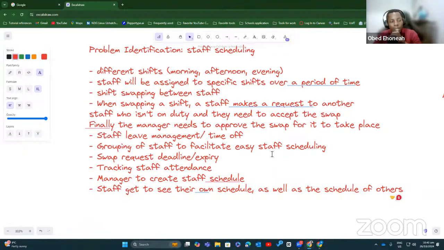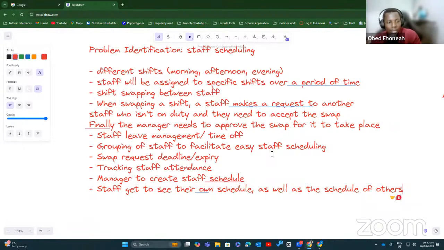Yeah, so I think that's also an additional feature that we can consider because there are times that people actually have discussions among themselves, and that's where my inspiration is coming from. Mostly when people want to swap, they talk to themselves, right? They don't even go and look at the schedule. Like, oh, I know you are for morning duties usually around this time, but next week I'll not be available for my shift. Are you able to cover up for me? Right.